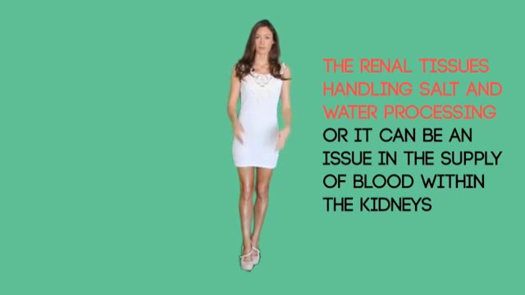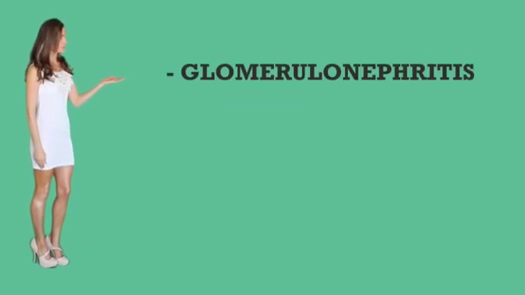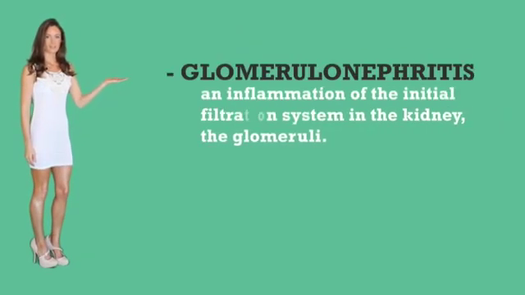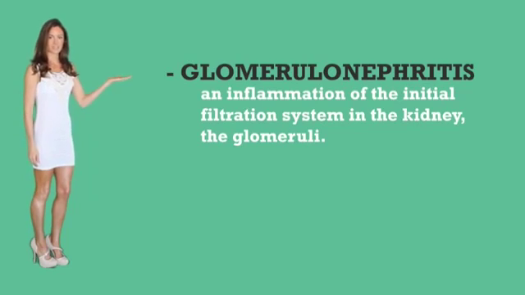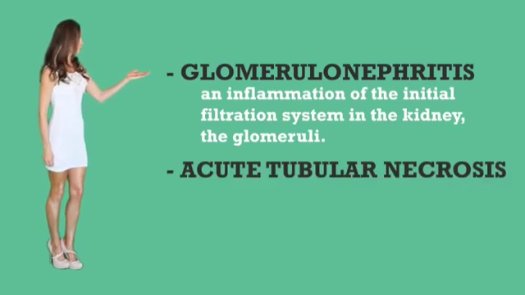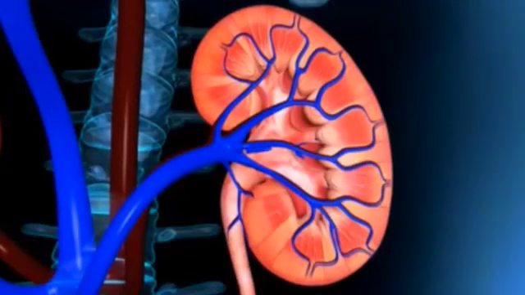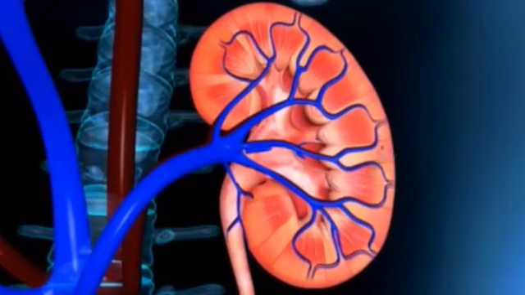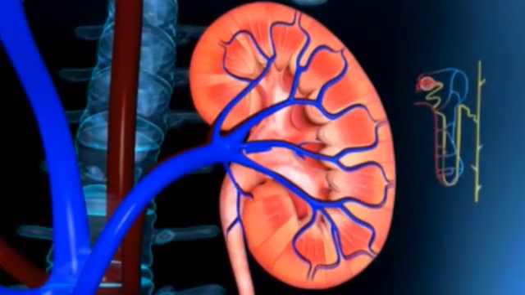These problems can arise due to glomerulonephritis, which is an inflammation of the initial filtration system in the kidney, the glomeruli. Acute tubular necrosis, in which the tubule cells stop functioning and eventually die. Most of the filtration process